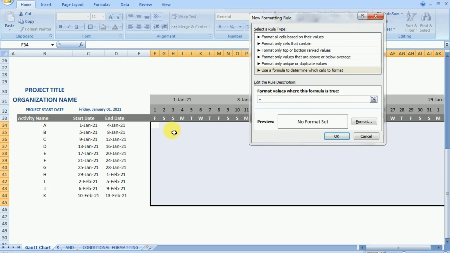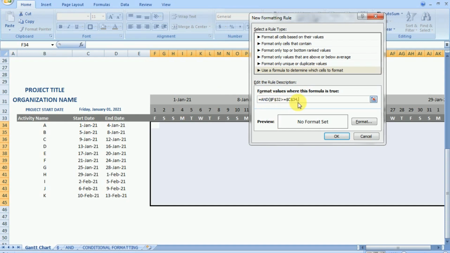Now the formula will be my time period date. First I'll select the 1st January. My time period date should be greater than or equal to the start date. This is the first logic, that the date on the time period should be greater than or equal to the start date.